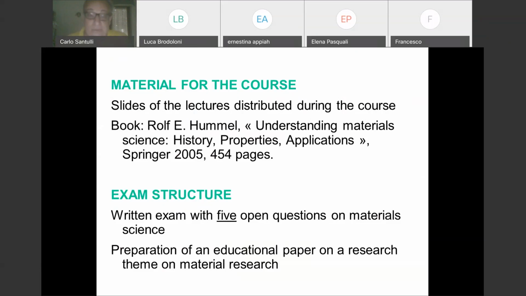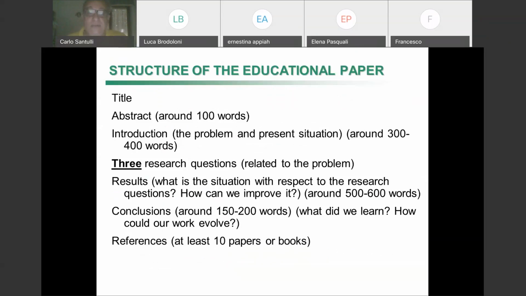Anyway, I was saying already last time that you are going to write this kind of educational paper. An educational paper, as I was saying last time, is something about a topic in materials, to be given to someone that doesn't know much about materials. So you need to be as simple as possible. Please don't be offended by the fact that we want to keep it as simple as possible. I'm trying very hard to do that.